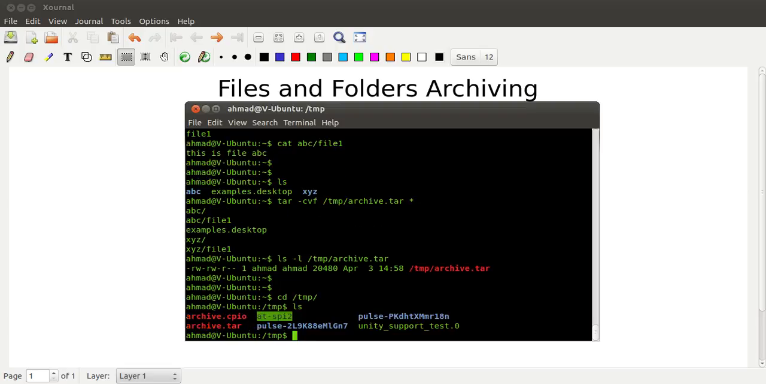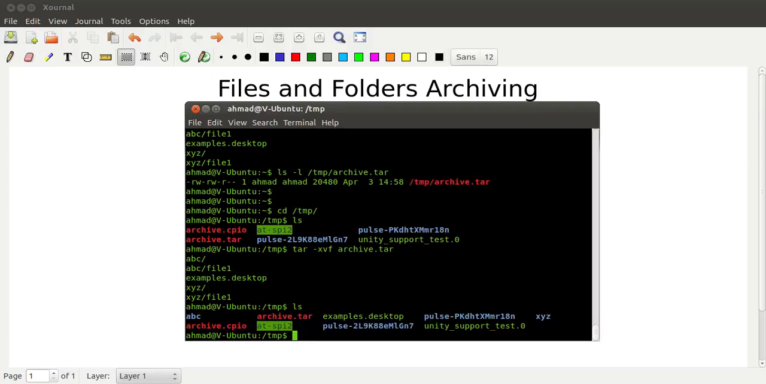This is the file over here. So to untar it or to unarchive the contents, the command is tar -xvf. C is for archiving and X is for extraction, and then the name of the file, which is archive.tar. Once I do that and I do ls, we see that in this directory, example.desktop and xyz